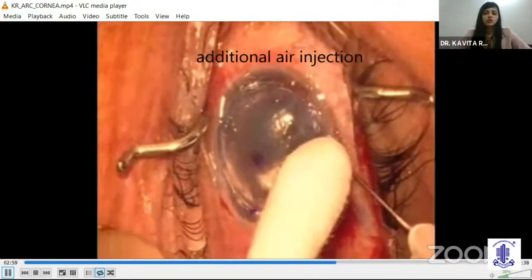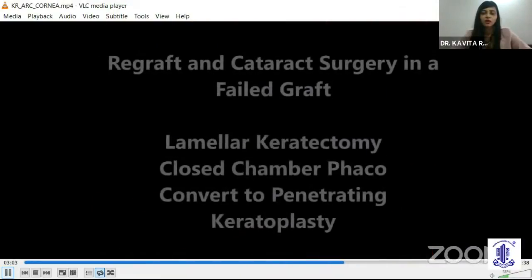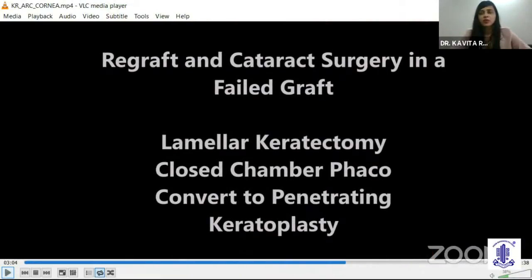So I'll move on to the second case. My second case is a patient, it's a regraft. Just an important point here: typically if you're doing a triple surgery where we are doing a penetrating full thickness graft with a cataract surgery, we try and do an open sky surgery. The problem with that is that it's very difficult to make a rhexis. It's very difficult, and sometimes you may have the entire nucleus and a PC rent which is just coming out because of the surgery being open sky.